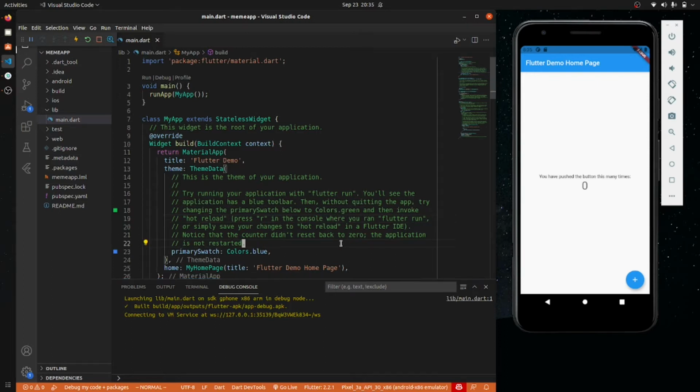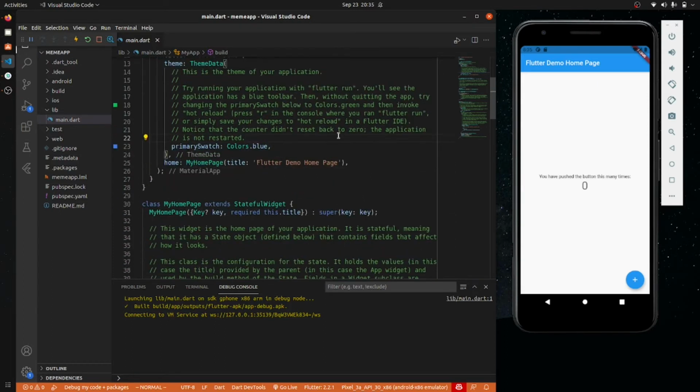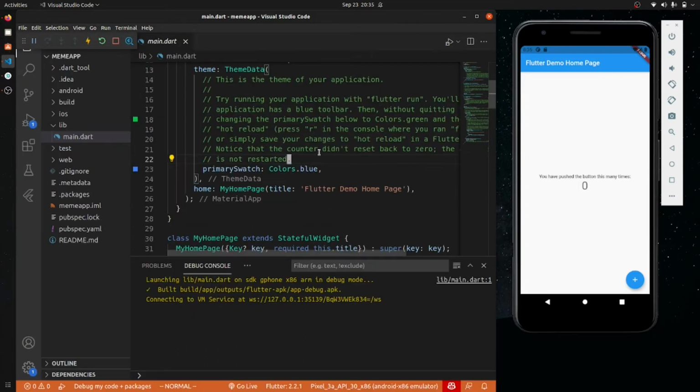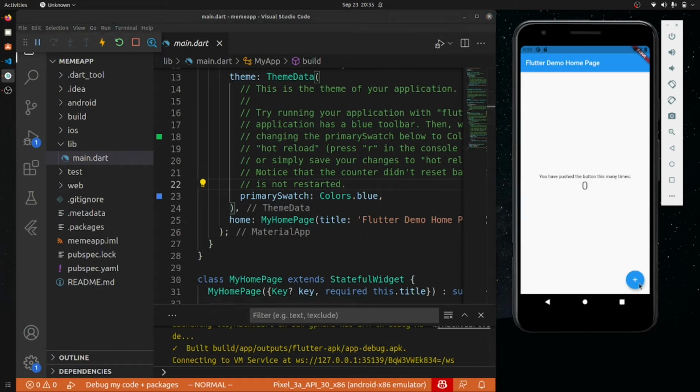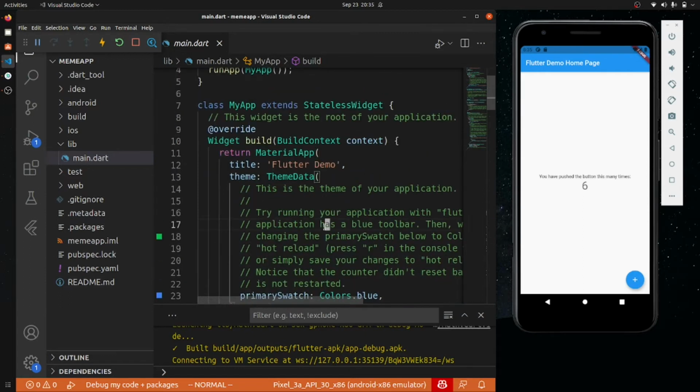So what I will be doing is, you can see that this is a boilerplate. I have already created that so that your time is not wasted. Let me just increase the font size. If I click on this plus button, the counter increases. In this whole series, I'm not gonna follow any patterns like MVC, because it would need many other things, so I'm not gonna focus on that.